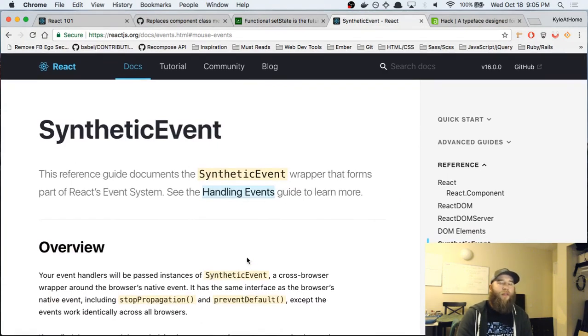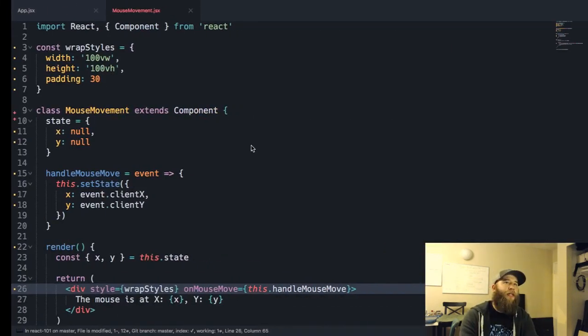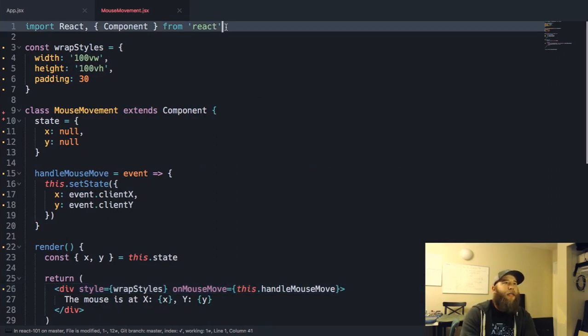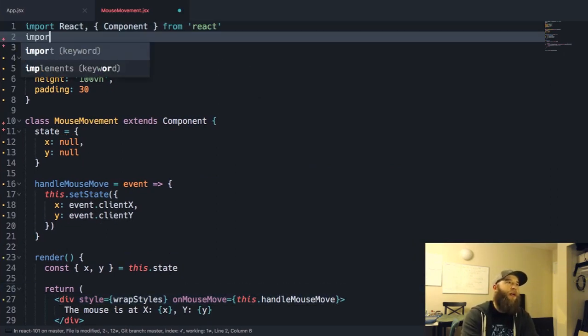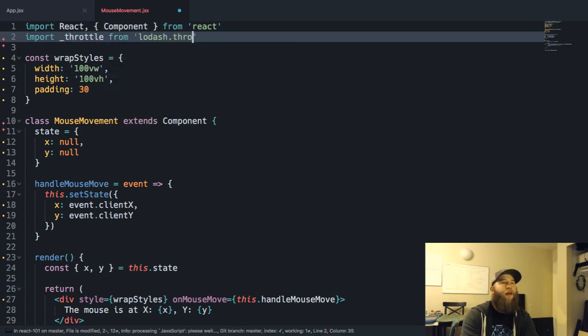And synthetic events basically allow React to handle, no, Tyler, they are not automatically debounced or throttled. You need to do that yourself. It's a really good question, by the way. And in fact, that is something I've done a lot of. You might import throttle from lodash.throttle, or you can use the Babel plugin that'll automatically tree shake Lodash down to just the packages you need.